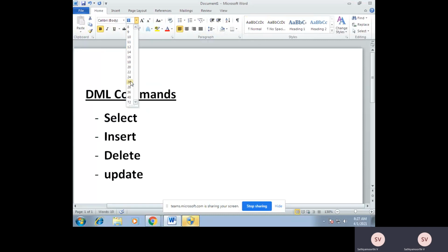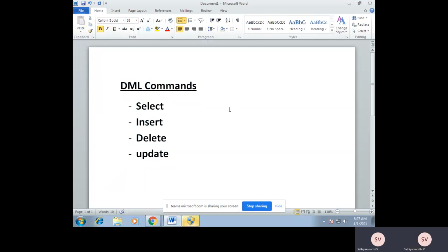Data manipulation language means you can read some data from the table, or you can insert some new record into the table, or you can delete an existing record, or else you can go for modifying existing data within the table. Select command is equivalent to read and display. Based on our requirement or constraint, it will read data from the given table and display. Insert command means inserting a tuple or record